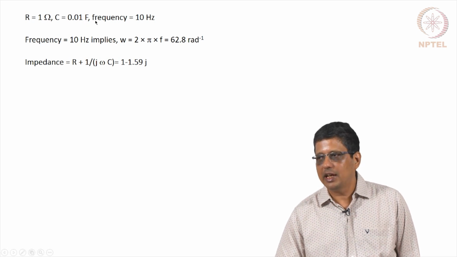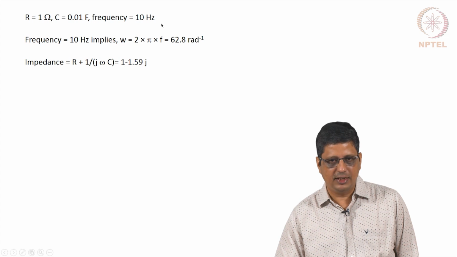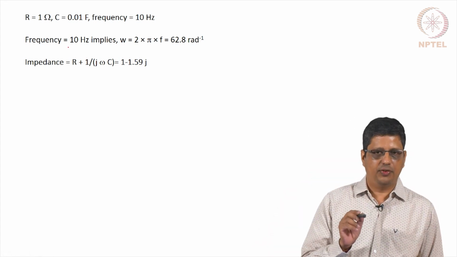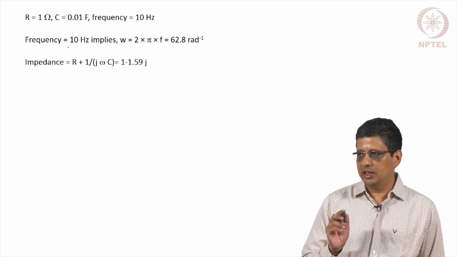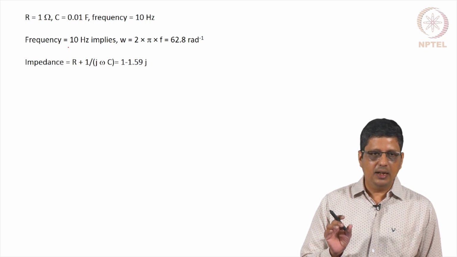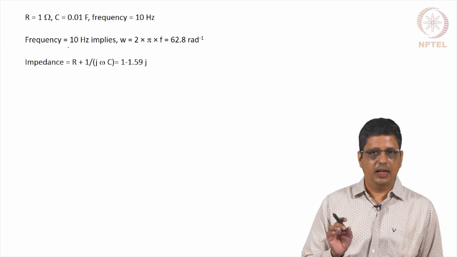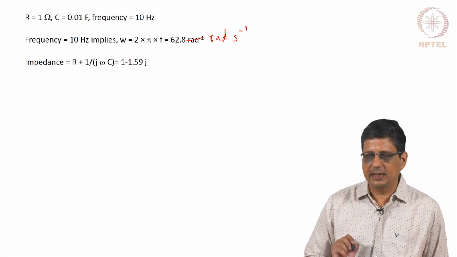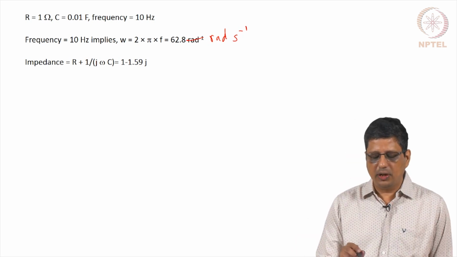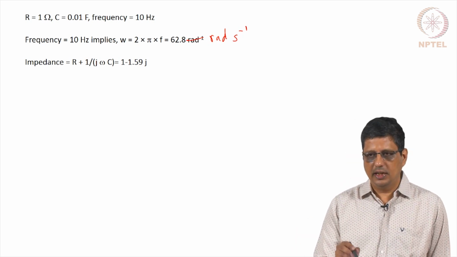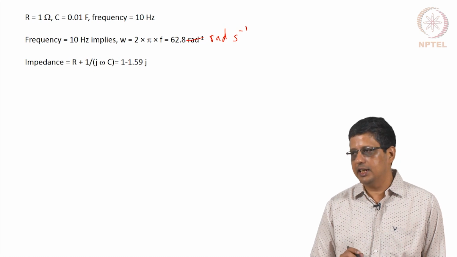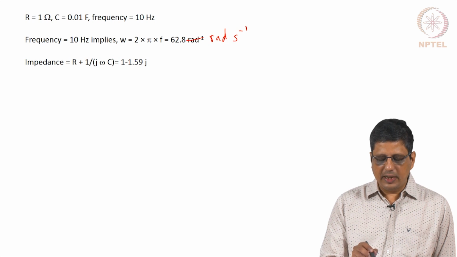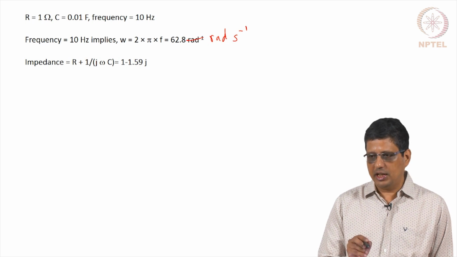We apply a sinusoidal wave of 10 hertz frequency, that means in 1 second you will get 10 complete cycles. There are two ways of representing the frequency. f is the normal frequency, omega is called angular frequency, and that is going to be 2 pi f, and that is given in radians per second. So, if you multiply 2 into 3.14 into 10, you will get about 63 radians per second. Impedance, of course, you can calculate as resistance plus 1 by j omega c, j being the imaginary number,